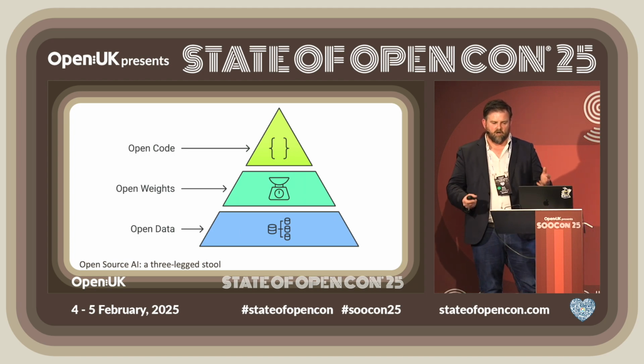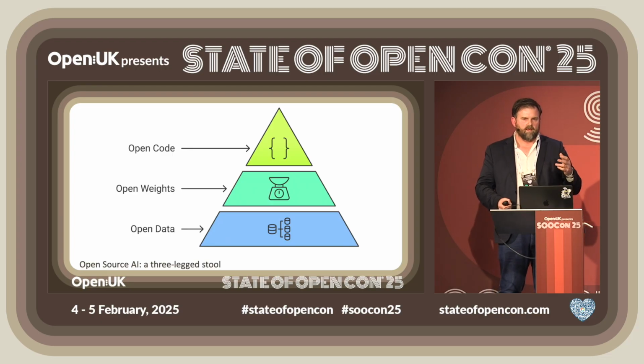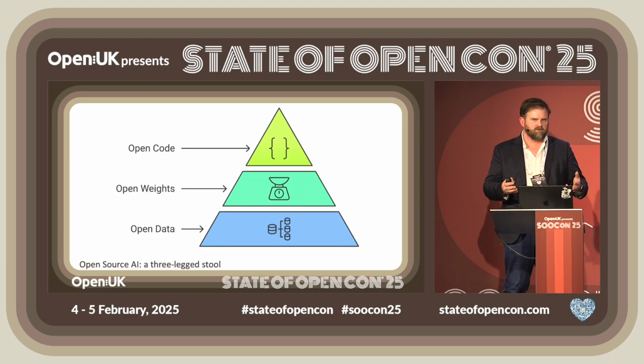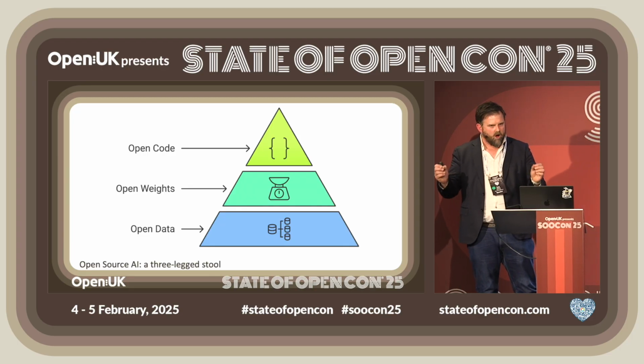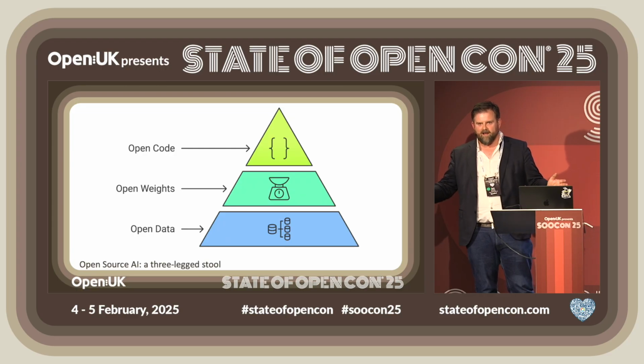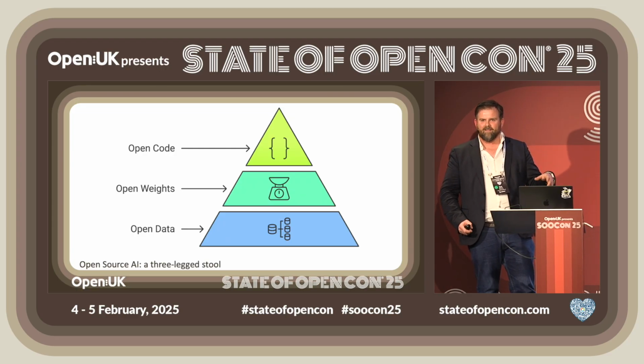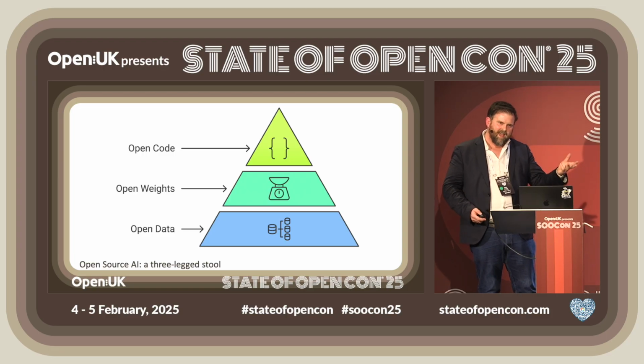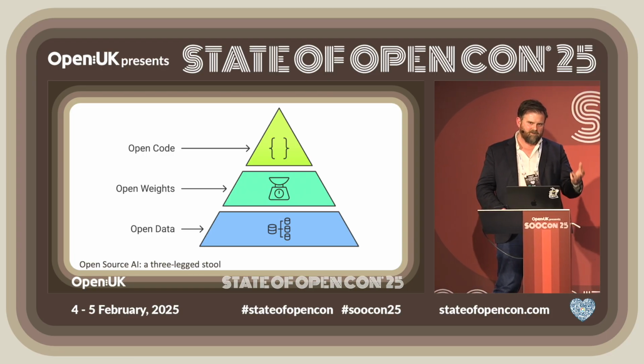What it comes down to, though, is open data, which again forms part of the source, and that then is kind of compiled or trained, composted, if you like, into open weights, and then it's animated by the code. And it's a tiny little bit of code, right? You might have many gigabytes of data, and then just a couple of lines of code that uses open source libraries. And so the value is not in the code anymore, right? It's the behavior of the system.